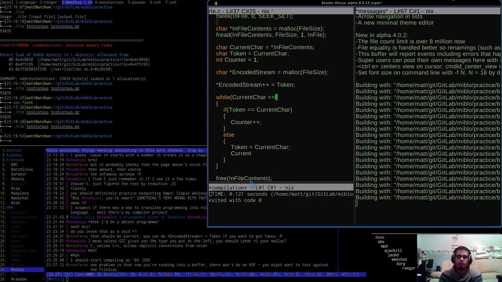While that is less than or equal to, while, yeah, I mean essentially what I'm trying to get up to is it's basically this, isn't it? While infile contents, file size, that's where I want to be iterating up to.